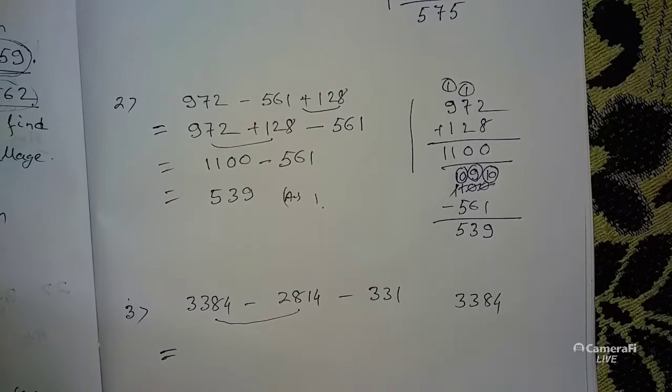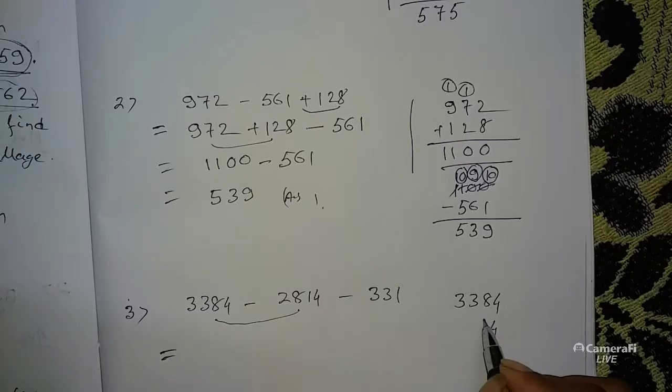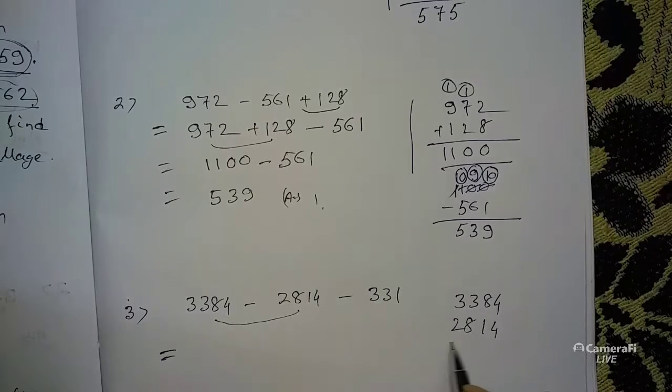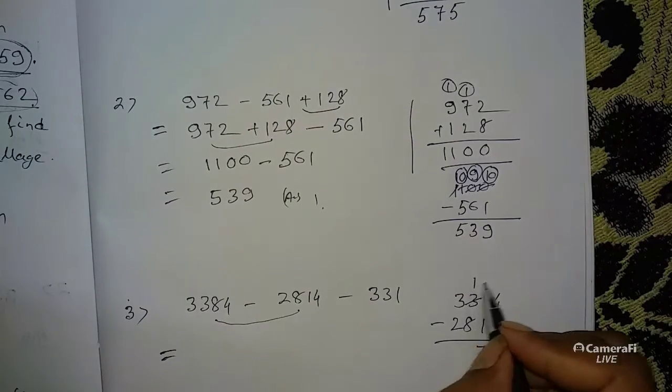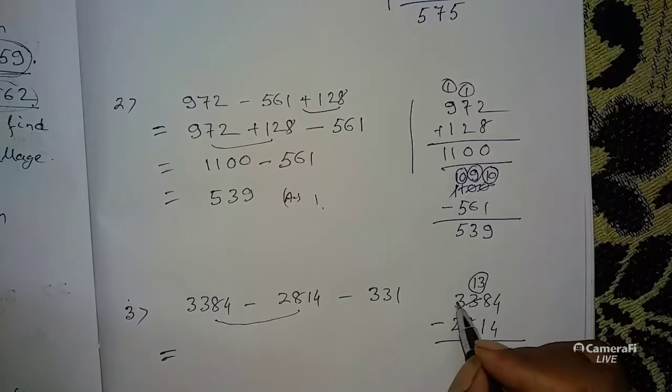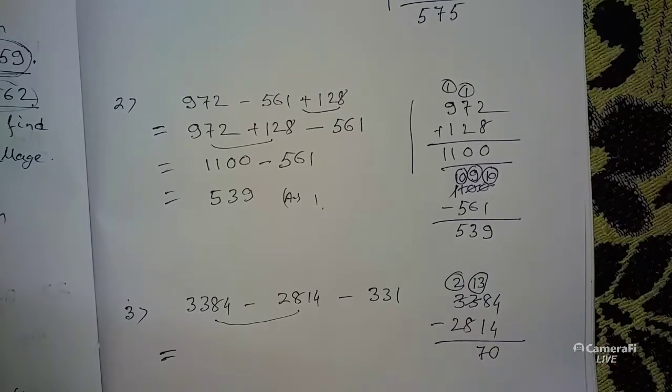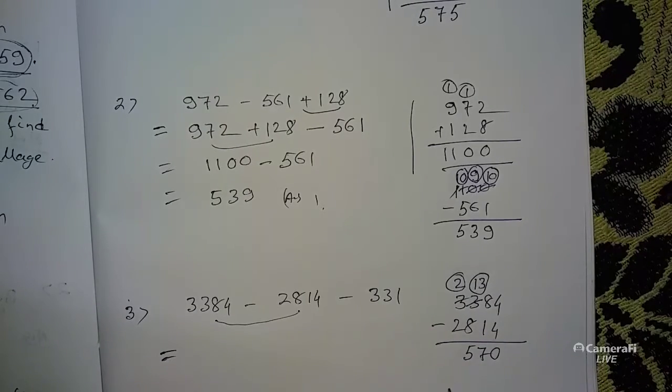3384 and then below this number 4182. Subtract. 4 minus 4 is 0, 8 minus 1 is 7, 3 minus 8 not possible, so consider it as 13. Borrowing 1 from here, so it becomes 2. 13 minus 8 becomes 5. 2 minus 2 is 0, so 570